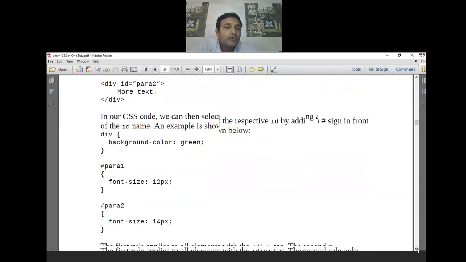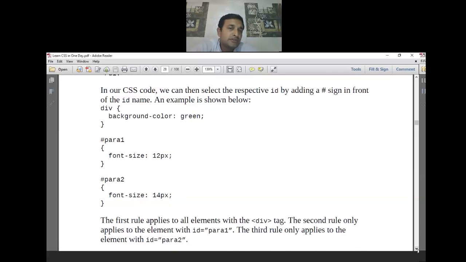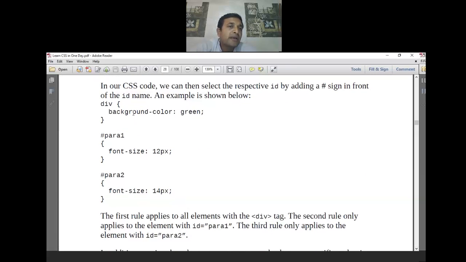So this common background color will always be green for all the divs, but for the para 1 div the font size will be 12 px, and for the para 2 div the font size is 14 px. The first rule applies to all the elements, and the second one we can bifurcate through a div ID.